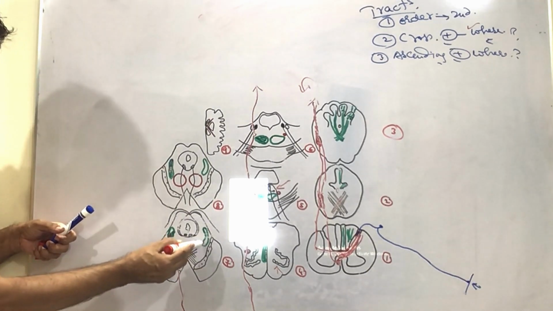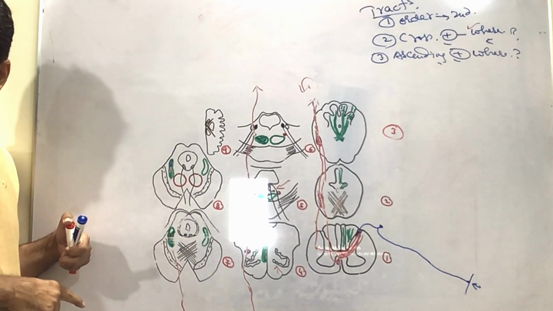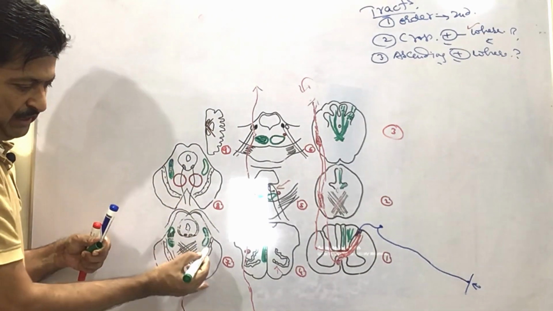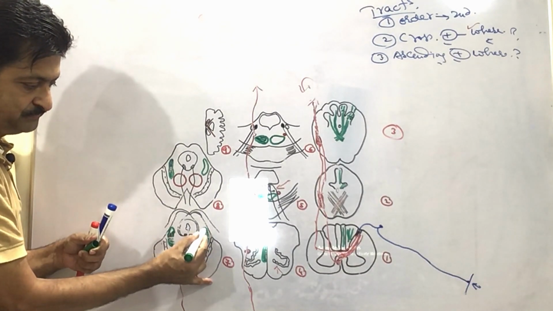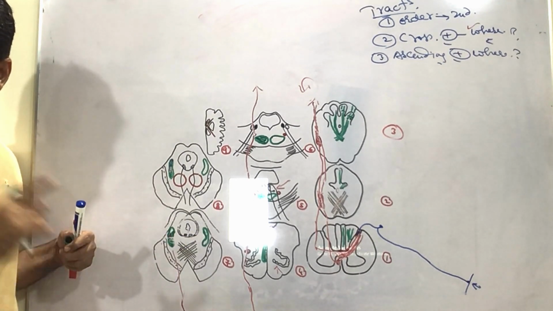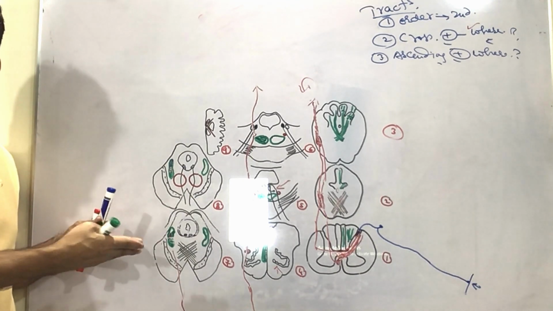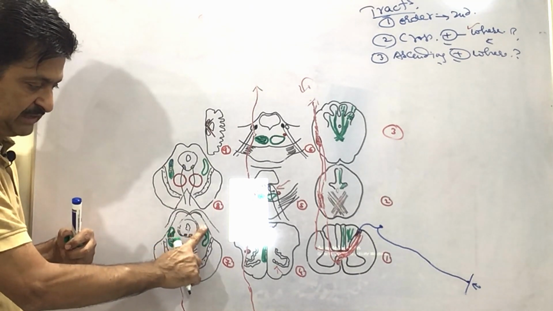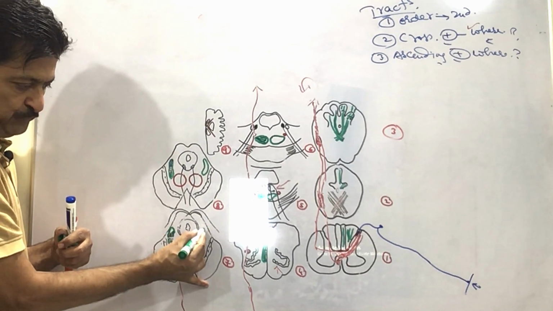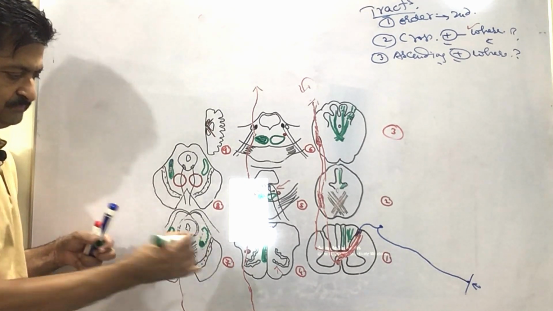Now watch this green color. When you look at this green color here, you will see that it is not a single tract. Actually this green color is a combination of 4 tracks together. In the book it has been shown together, but it is not a single one. I can make it like this. If you say this one, the most medial 1/4 is this green color.